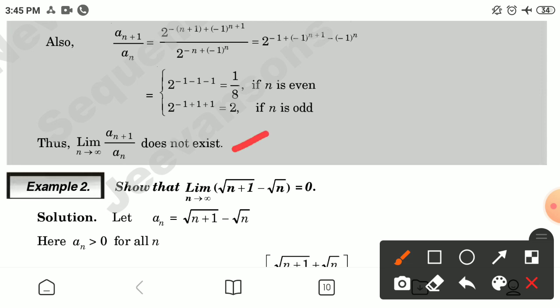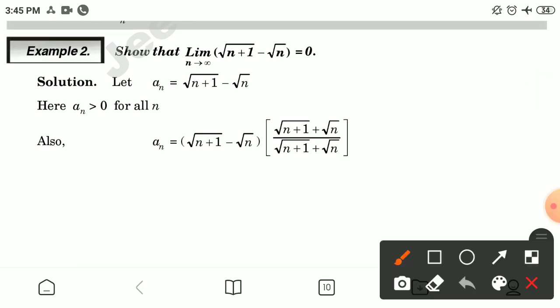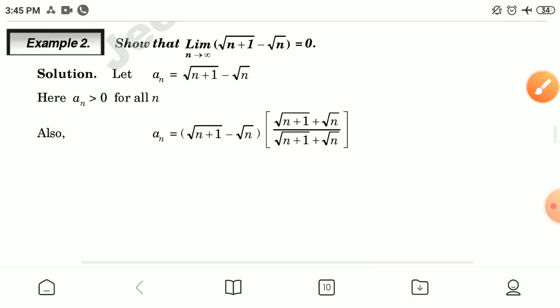Thus this does not exist. Now taking some examples, show that the limiting value of square root of n plus 1 minus square root of n, when n tends to infinity, is 0. Let an be this one. an is positive for all n, therefore multiplying and dividing, what we have